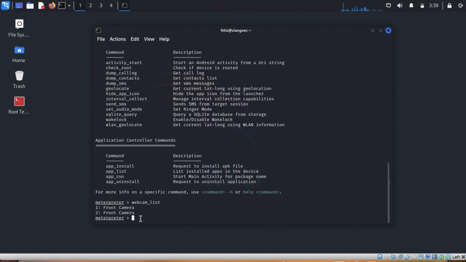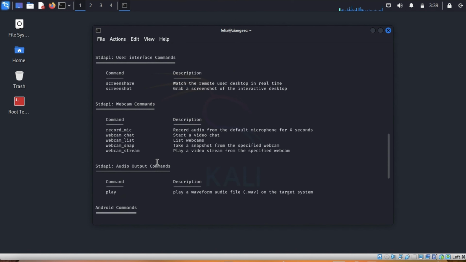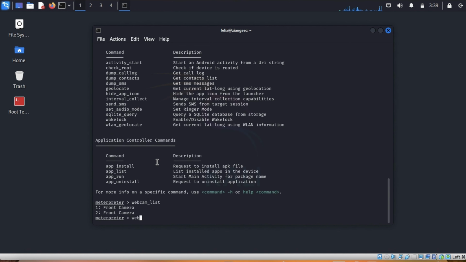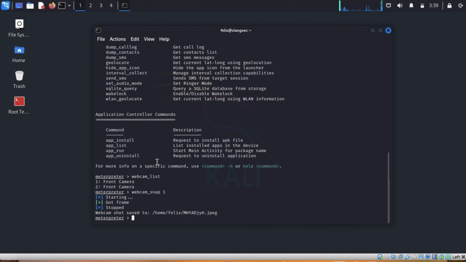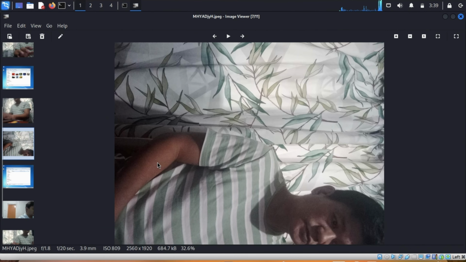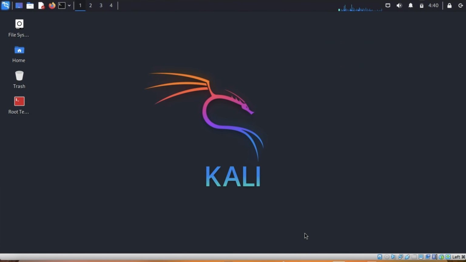And then I will type webcam_snap, then choose the camera. I will choose one. You can see the camera was able to snap me.